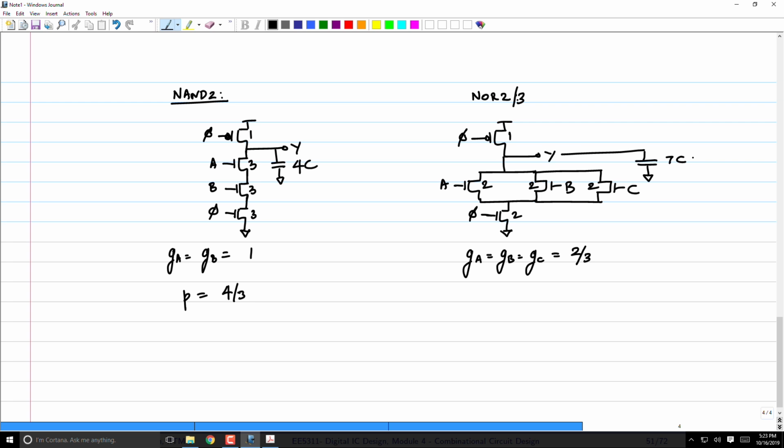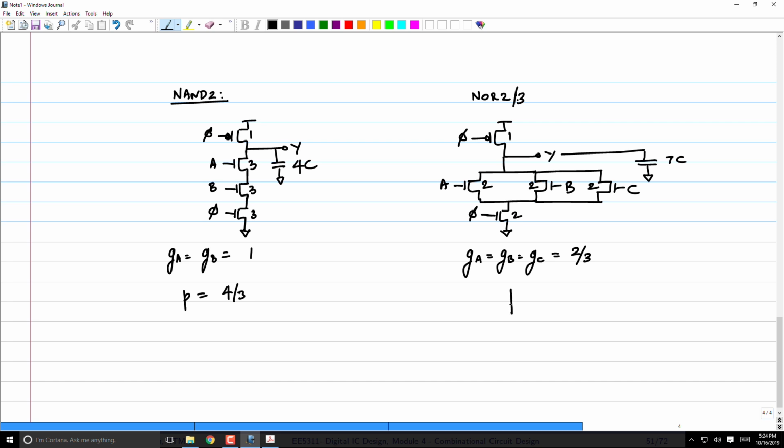Now what happens if I increase the number of inputs to the NOR gate? That clearly is going to go up linearly with the number of inputs. Parasitic delay does depend on the number of inputs. It's only logical effort that is less. But remember, parasitic effort is a constant number that adds to that delay optimization problem. It's the logical effort that ultimately determines gate sizing. Therefore, logical effort is more important than the parasitic effort, and if that is constant, that's a big advantage.